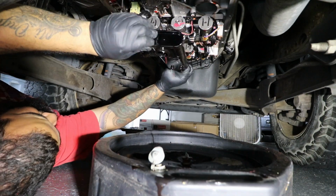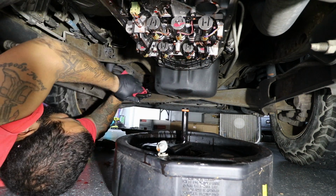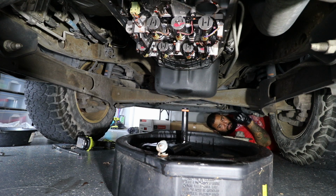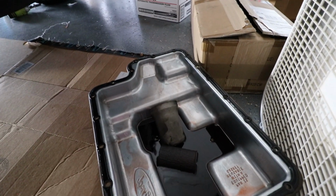Alright, so I did let it sit for a little while, and then now we pulled the filter element out. That's the first one. The 6 liters have 2. You have 1 inside, and then this right here is where the second one's at. And I'll move the camera here shortly, but you can see I pulled it down right there. It's basically in line where the transmission going towards the transmission cooler. That is the other filter element on the front,